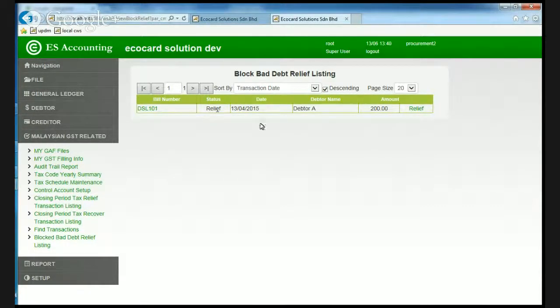Okay, so this is how you indicate that if you have many transactions, some will be blocked, some will be relieved. Okay, you will know which has been relieved. All right, so this helps you to manage the transactions better. Okay, now